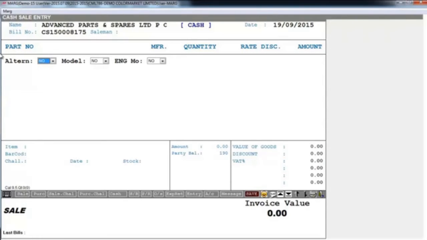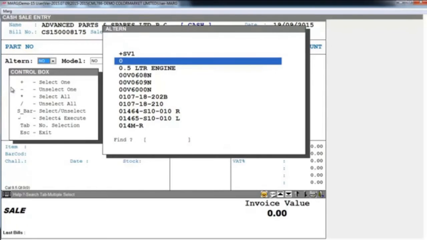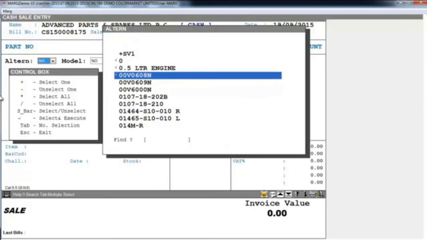But if you use Mark software, so through this alternate option, you can very easily provide the best alternative and that too in a comparatively lesser time. You can search alternative on the basis of 3 criteria like alternate, model body and engine model. Now when you select yes, so you will see alternate parts window will appear. And so from here you can select your alternate part. Like for example, these are some parts. And if alternate is available of these parts, so you can sell them.